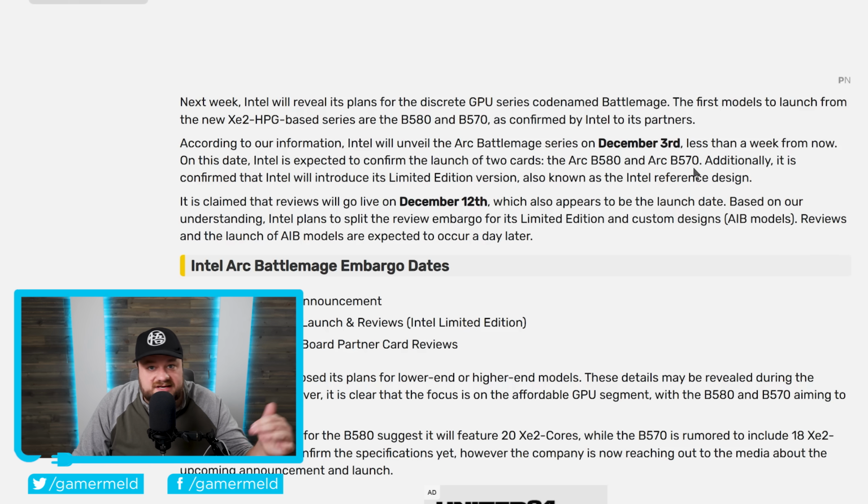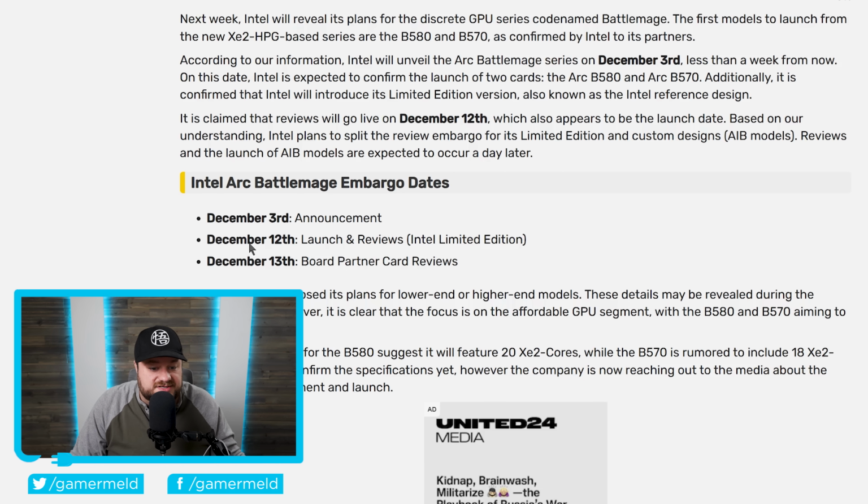What's even better is that according to them, the launch of their limited edition card and reviews for it are then coming on December 12th. You can see right here, December 12th, launch and reviews of the Intel limited edition cards, and then on December 13th, we're looking at